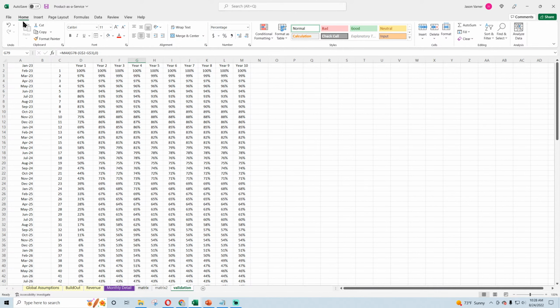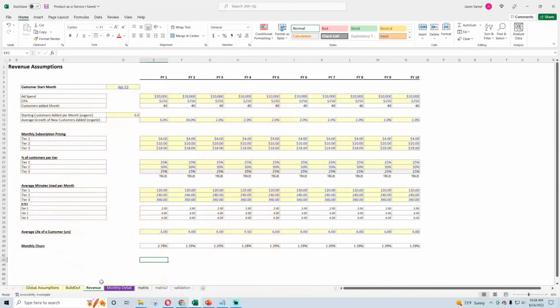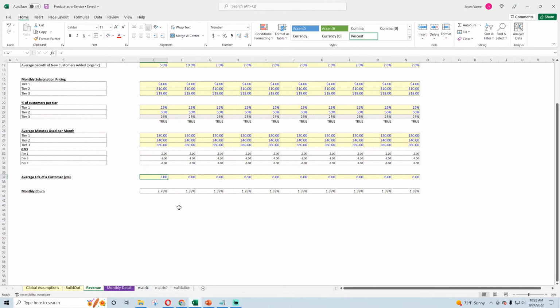But the theory is the average life of a customer, if we say it's 3 years, that means between the time they sign up and the end of year 3, we're saying that on average they're going to be gone. But we don't know exactly when they leave in that time. So what this does is just gives a monthly churn rate and says, well, you're going to lose an even amount of that initial cohort every month until the end of year 3, and then it'll be 0.